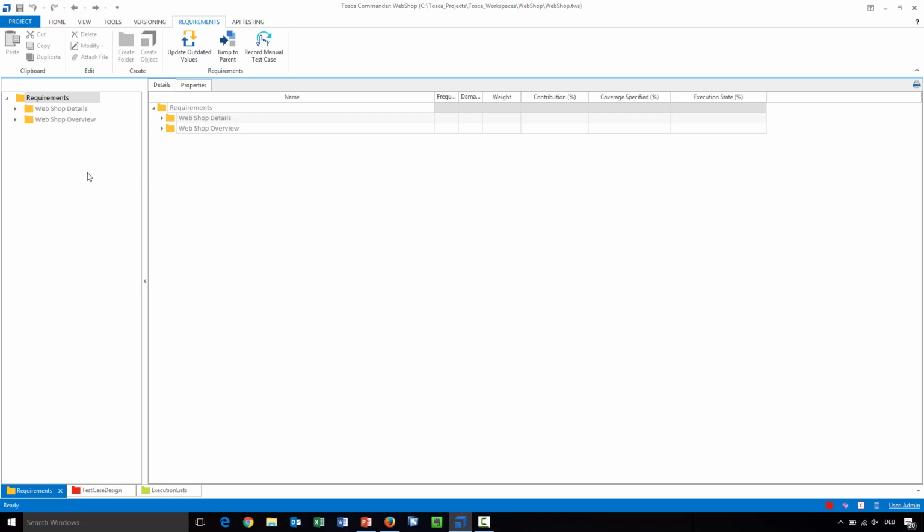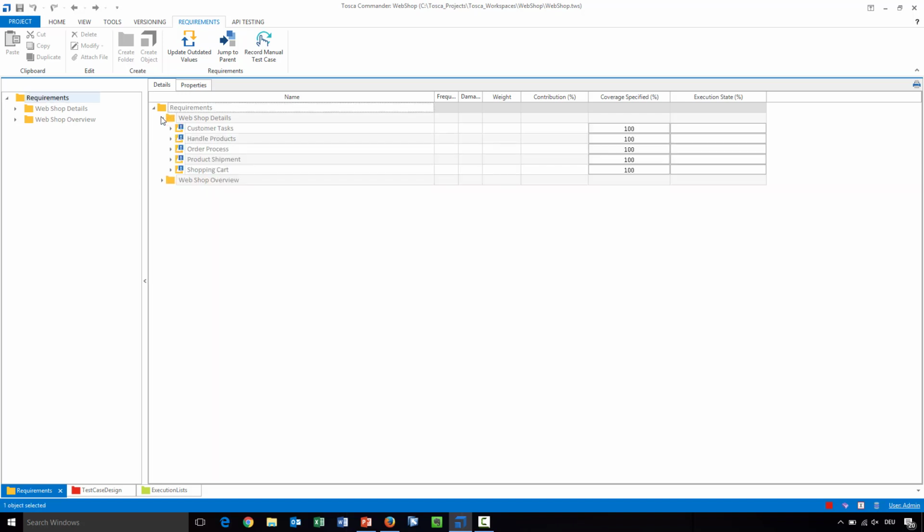What we're having here is some requirements and requirement sets, and you immediately get an indication that there is something going on. I will just check out the whole structure to be able to show everything that is available. Here you see a blue exclamation mark, a blue overlay, which tells you that the values are outdated, so they're not yet calculated. If you want to calculate them,